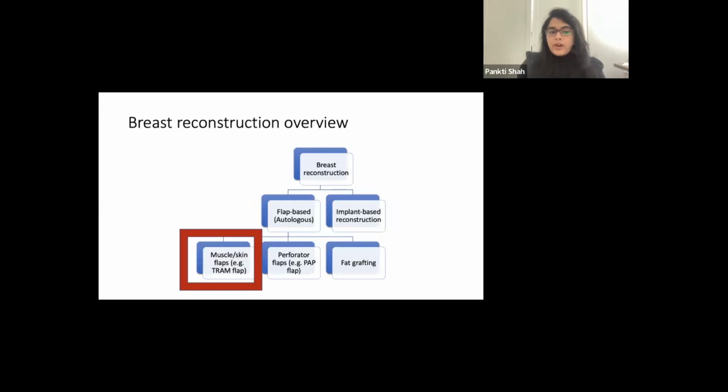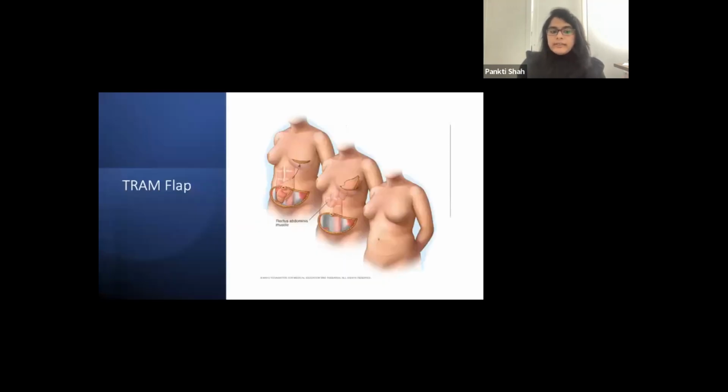Now, the second type is autologous breast reconstruction, as I said, when we use the body's own tissue to create a new breast. It is subdivided into three main subtypes: musculocutaneous flaps, perforator flaps, and fat grafting. Let's get a very short idea of each type. Initially, surgeons started using muscles, skin, and fat to recreate the new breast, which is termed a musculocutaneous flap. The reason surgeons did it this way is because a lot of the blood that supplies the tissue that we want to transfer goes through that muscle.